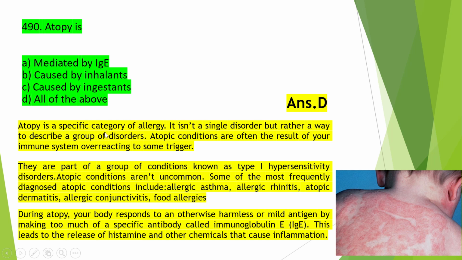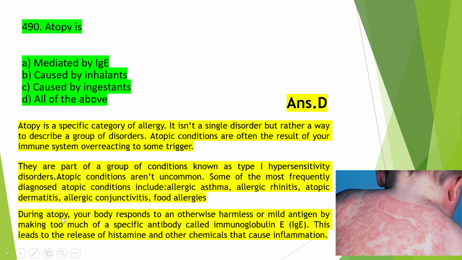So atopy is a specific category of allergy. It isn't a single disorder but rather a way to describe a group of disorders. Atopic conditions are often the result of your immune system overreacting to some triggers. So they are part of a group of conditions known as type 1 hypersensitivity disorder. Atopic conditions are not uncommon. Some of the most frequently diagnosed atopic conditions include allergic asthma, allergic rhinitis, atopic dermatitis, allergic conjunctivitis or food